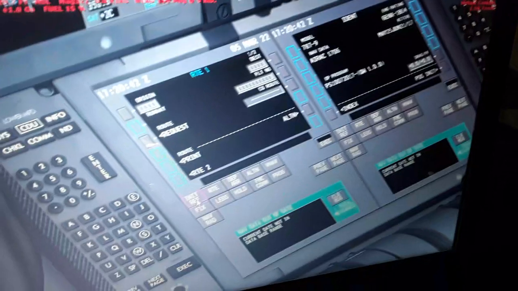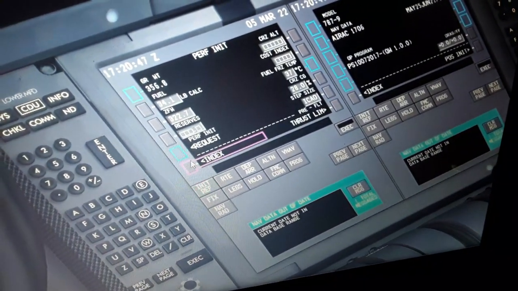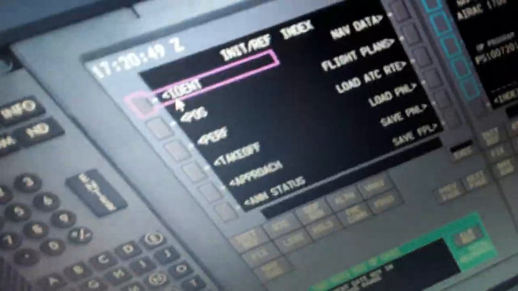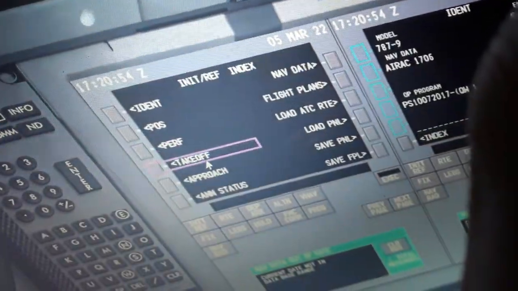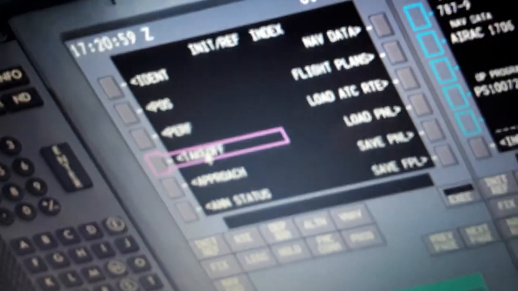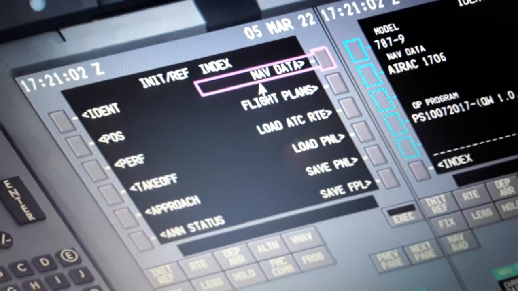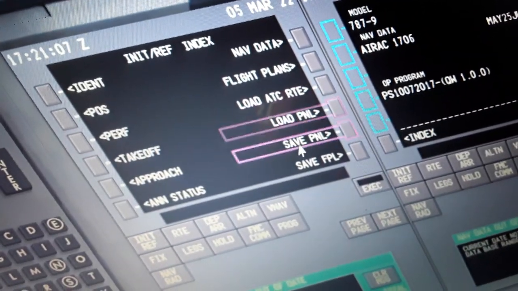this. We can use either mode, so we can use the route over here. We can use the index over here. So we have identity, position, performance, takeoff, approach, and status over here. As you can see, navigation data, flight plan, load traffic control, load route, save plan, save flight plan. You can also use these buttons over here, the keyboard control. So we go over here